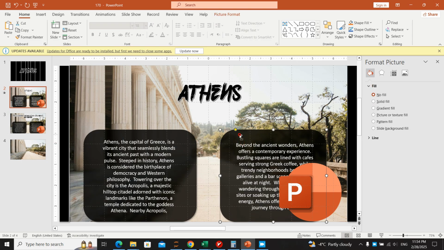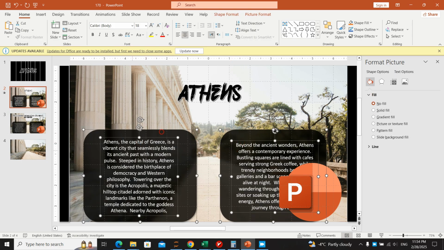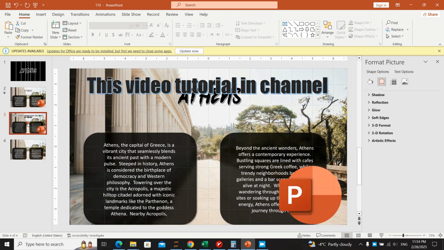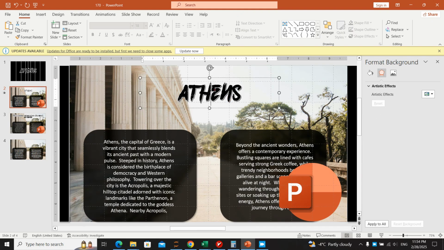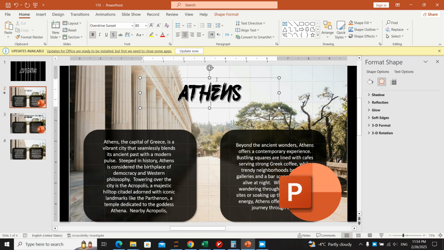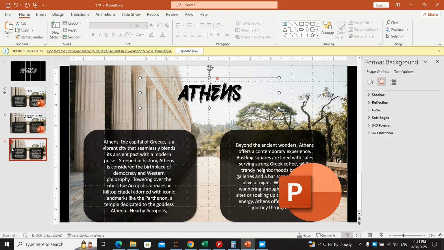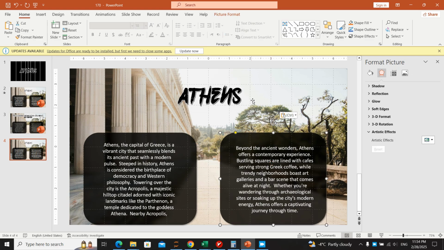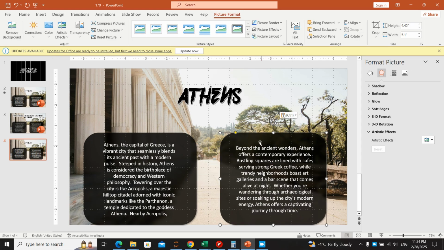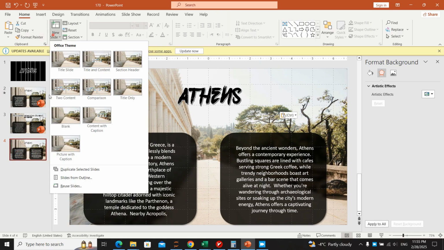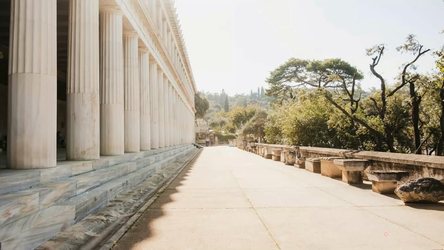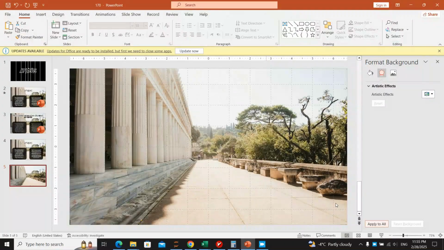And then for the main slide, I just simply create two black boxes. You see there are two black boxes that I created. Let me show you how I create those pictures. I just simply